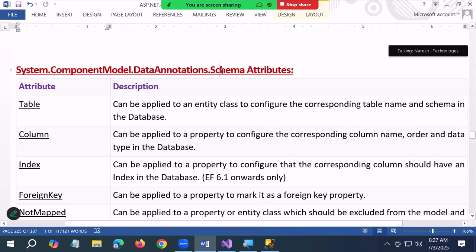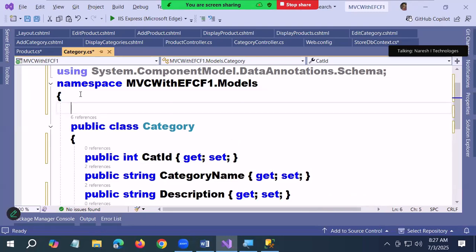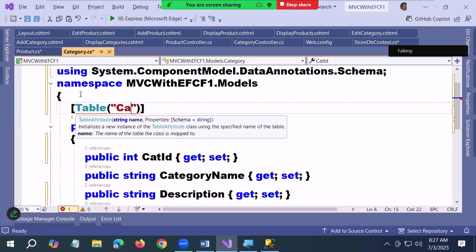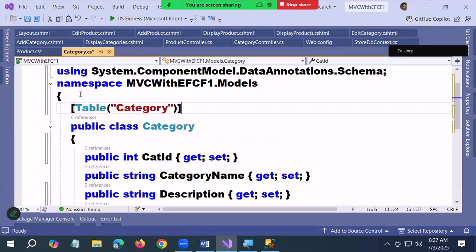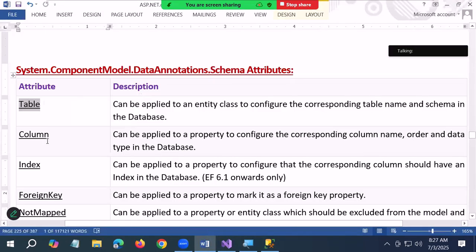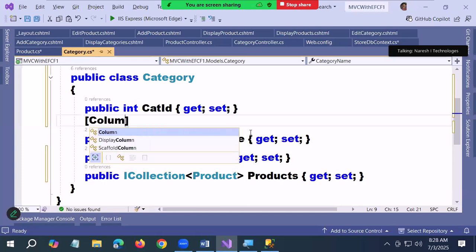Next, the second one, Schema. You can tell your own table name, guys. I don't want to get the Cat table name as Categories. What do you want? Category, I want. This is my table name. I can tell my own column name too. I want the column here to be as